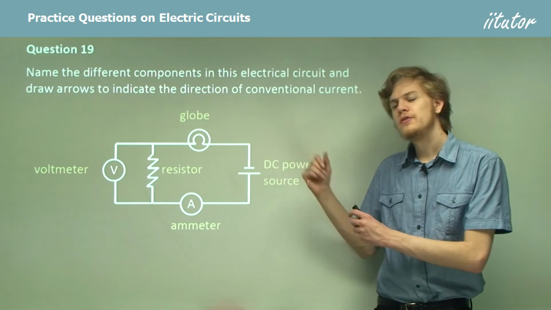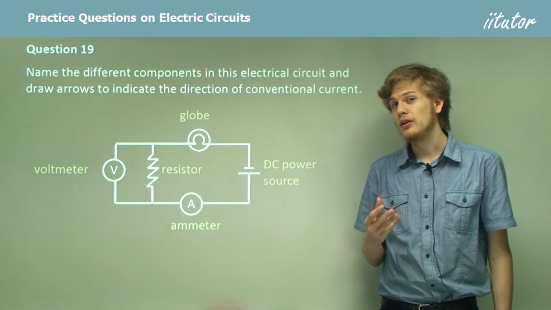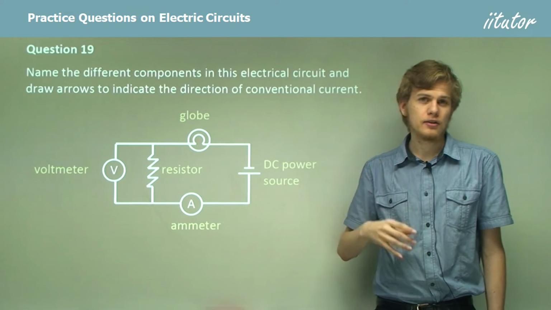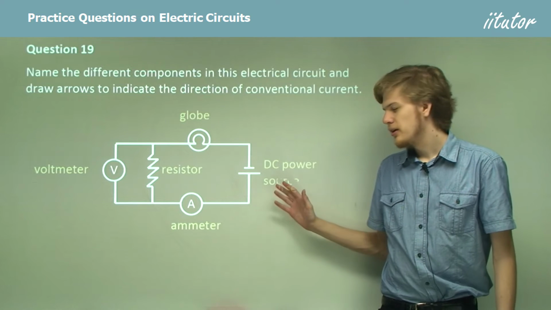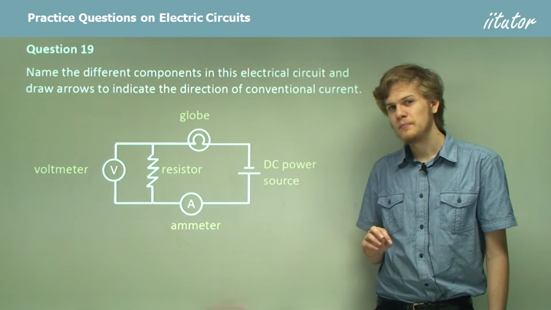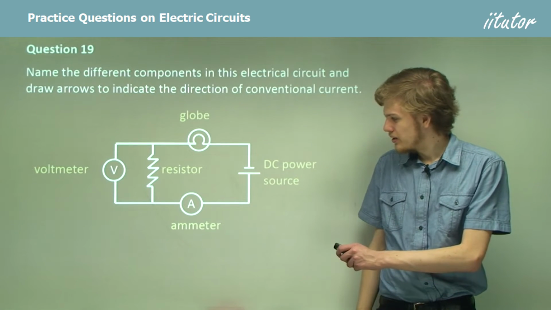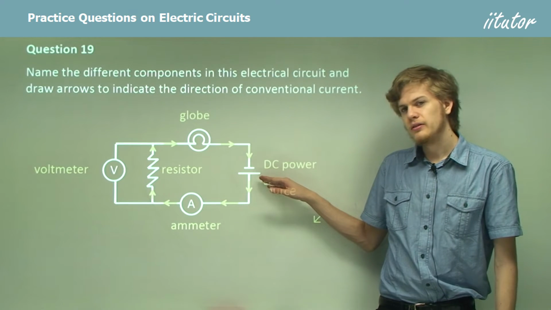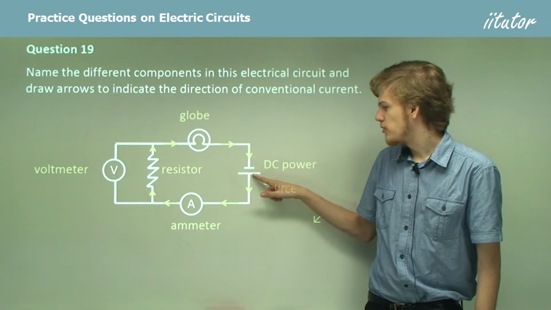Now what about the direction of the conventional current? So this is opposite to the direction of the electrons. If we are going opposite to the direction of the electrons, we flow from positive to negative, right? Now, if our DC power source looks like this, which end is positive and which end is negative? That's right, the positive end is bigger. So we're going to have something that looks like this. The large end is the positive end of the power source, and so current flows away from that,